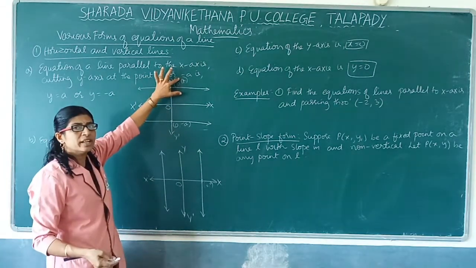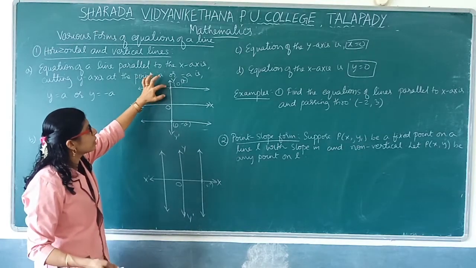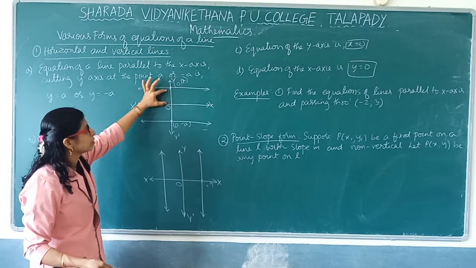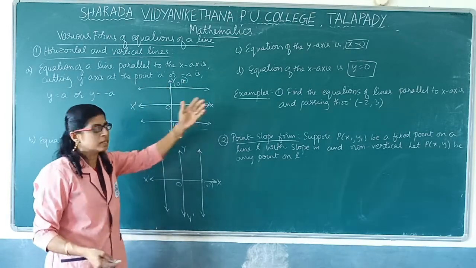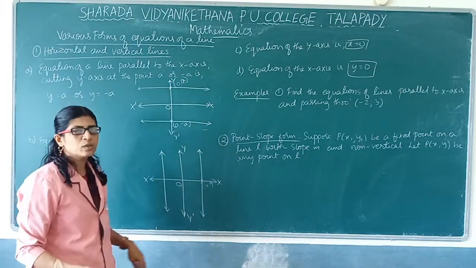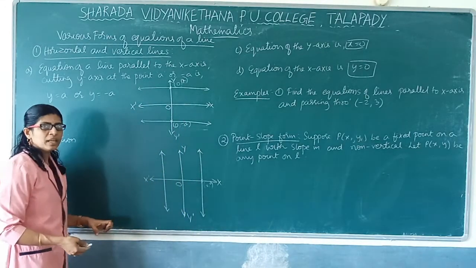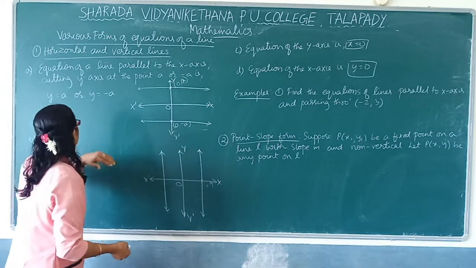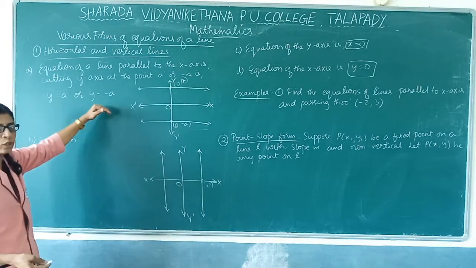So the equation of any line parallel to the x-axis intersecting the y-axis at a distance A means from here to here the distance is A. What does this coordinate indicate? It indicates the distance from the origin. Understood? How far is this line from the origin? This is nothing but A units. Say if you take 3, it is 3 units. Here it is minus 3. The negative sign indicates only the direction. It is not the actual length. Length cannot be negative. Okay. So the equation can be written as either y is equal to A or y is equal to minus A.